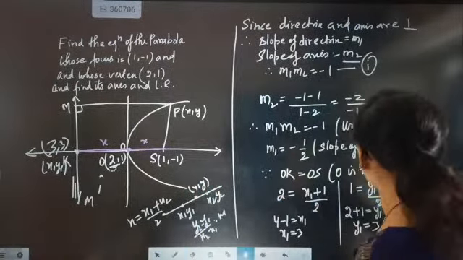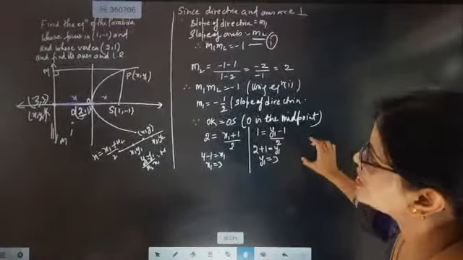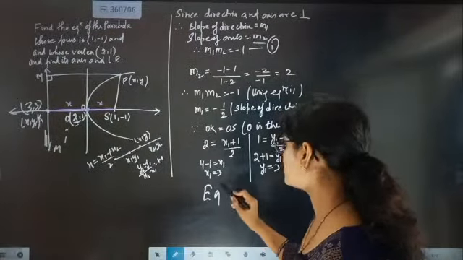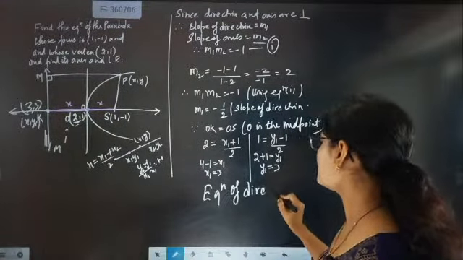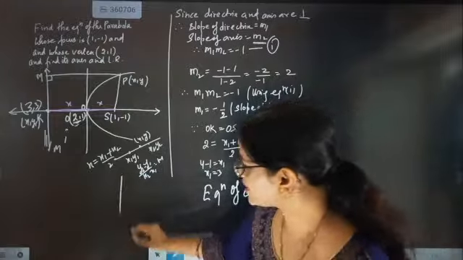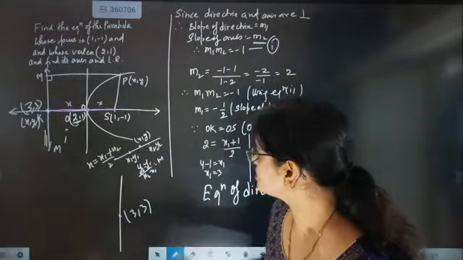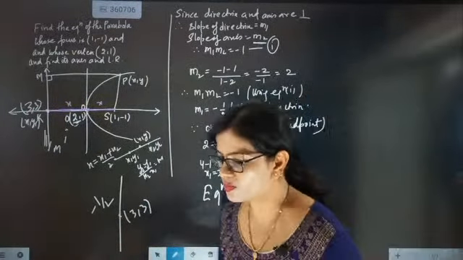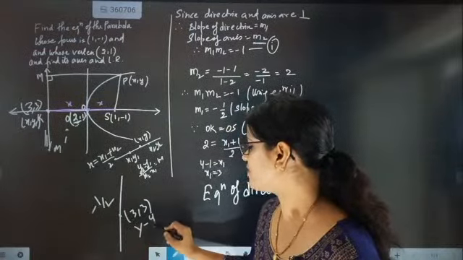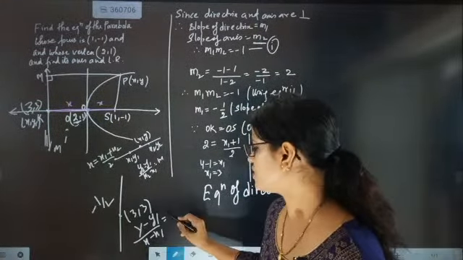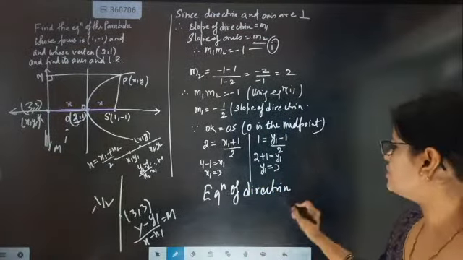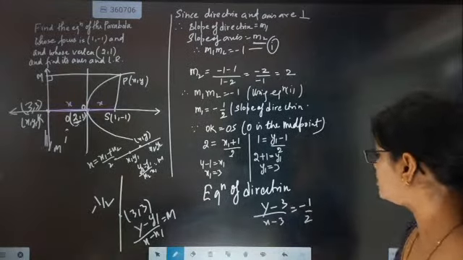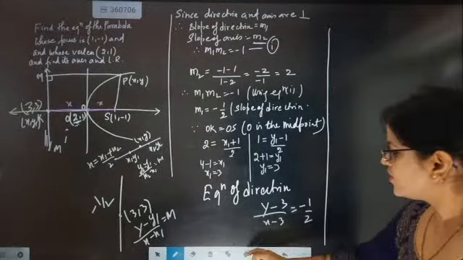So now shall we get the line equation of the directrix? So what will be the equation of the directrix? We know the formula now. The directrix has one contact point (3, 3) and it has slope minus 1 by 2. So the equation is y minus y1 by x minus x1 equal to m. Bhumi, good evening beta. So now we use this equation: (y minus 3) by (x minus 3) equal to minus 1 by 2. So now we got the equation of the directrix.